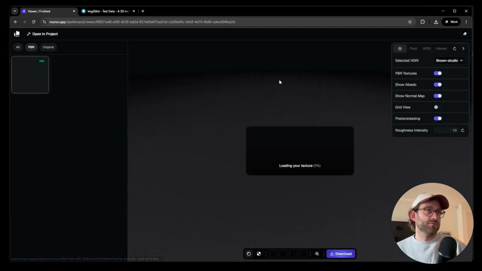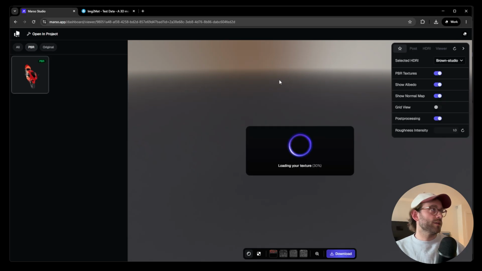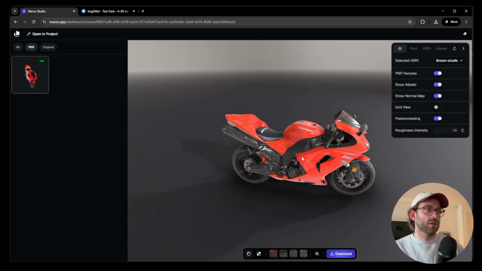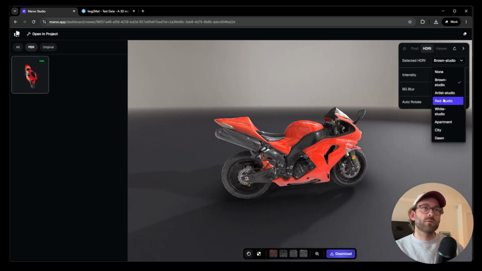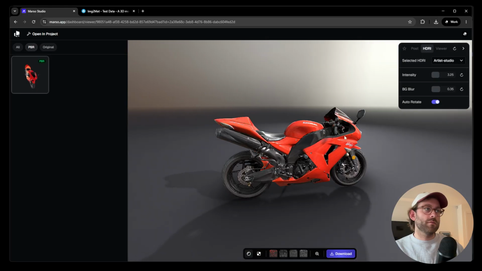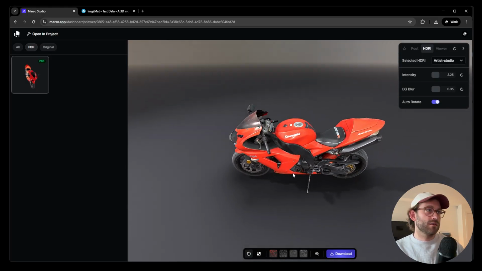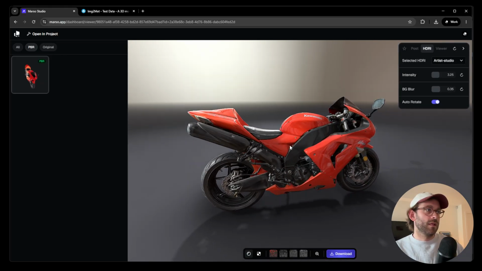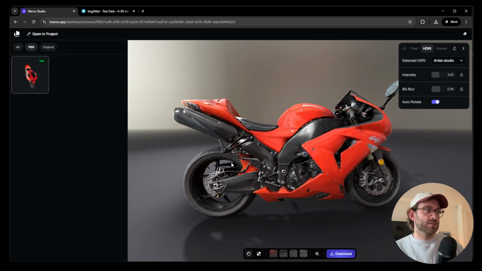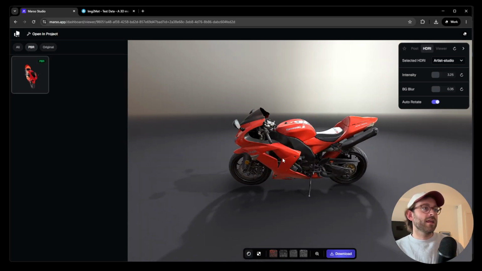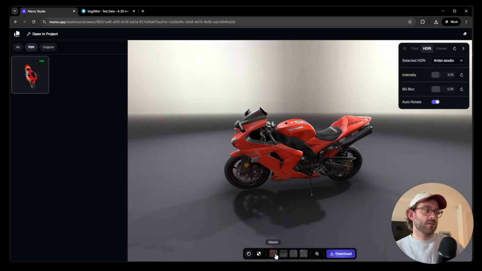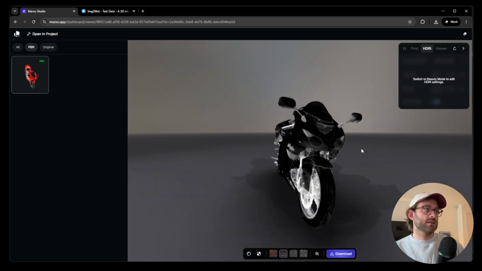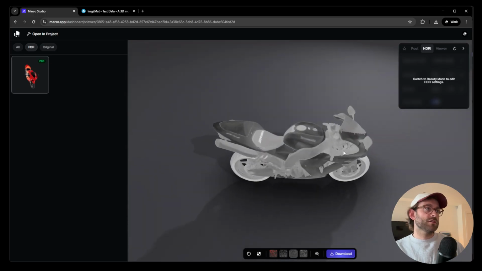And we can click here to view the PBR textures within the 3D viewer. So now we can see the mesh, and it looks to be properly interacting with all of the light. We go to our HDRI, we can look at a few different HDRI maps, just to make sure that it's looking realistic. So it's nice and glossy on the body of the motorbike here, and we can see all the metallic parts. And if we want to see the individual PBR channels, we can just click here to see the albedo, the metallic, the roughness as well,